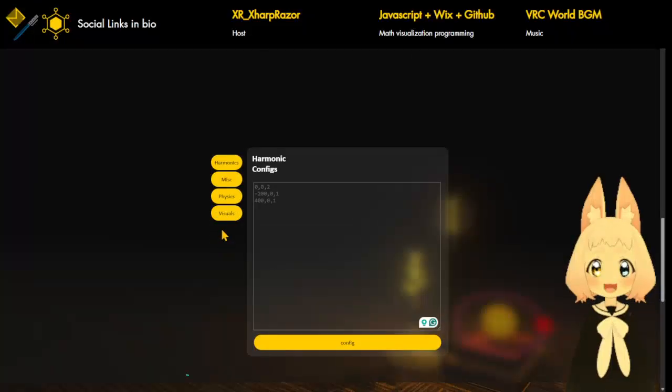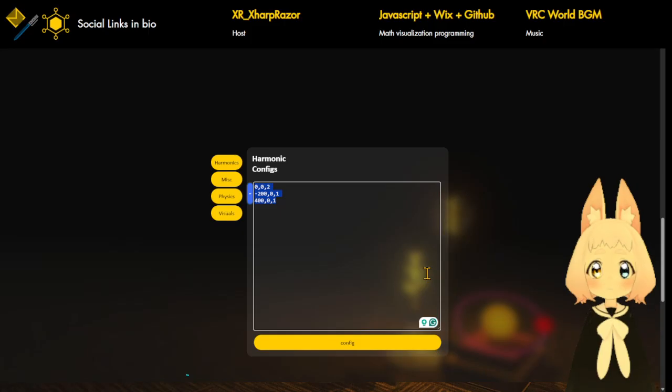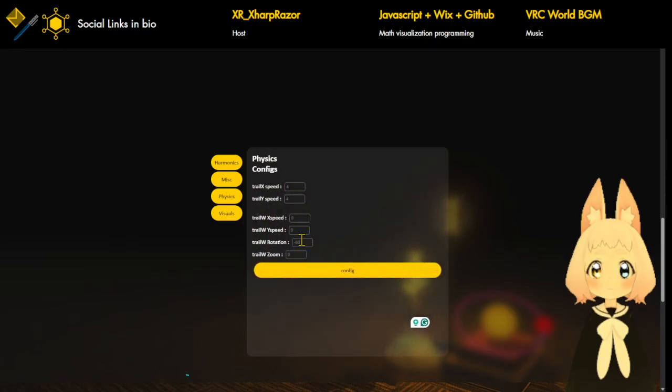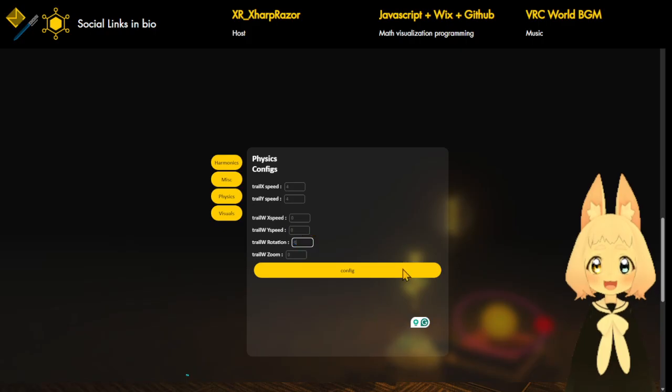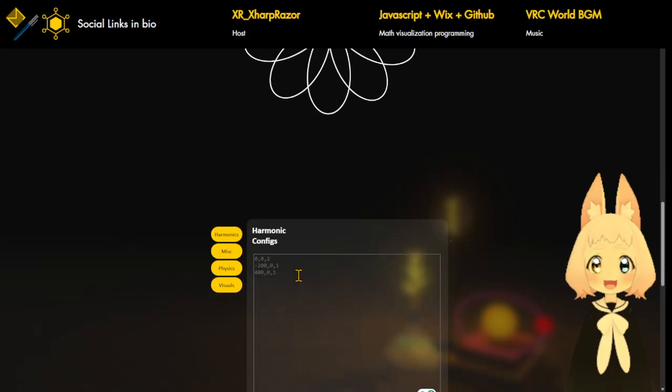Oh! I almost forgot one thing. One important thing. Right now we don't have to rely on the X and Y trails in order to give us the sine wave and all that stuff. All we need to do right now is go to physics. We'll start config. So it will get stuck like that. Now if we come back over here,